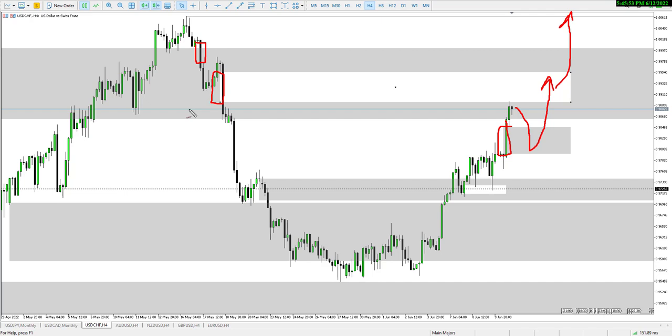You see, 1 and 2 imbalances will likely be filled as we head into FOMC on Wednesday. So anticipate a very bullish USDCHF next week, and I've already given you the point of interest,